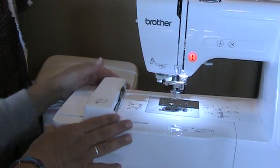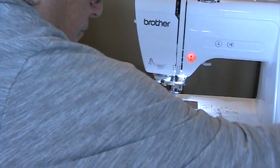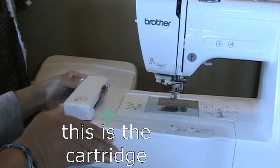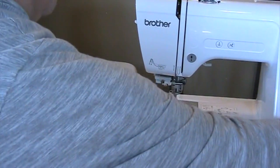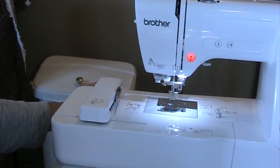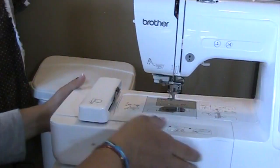Now this, I'm going to turn the machine off so I can show you how this works. This is automatic with the machine. Now I'm playing with it while the machine is off. Let's see what happens when you turn it back on. It might set itself to its position. I'm not really sure. All right, so let me turn the machine back off again, and you will see that